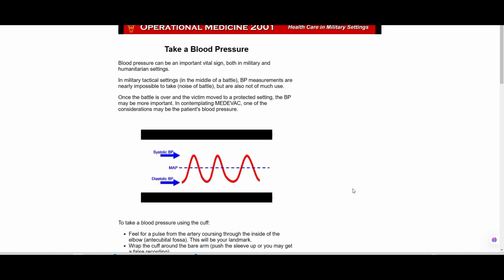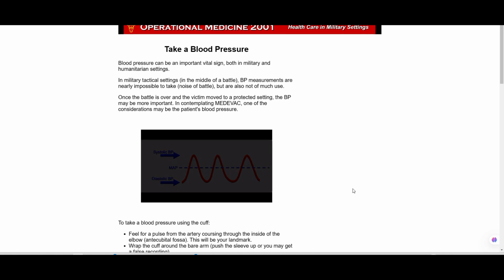Using the oscillatory or listening method, the systolic blood pressure is recorded at the highest point at which two consecutive beats are heard. These are called the Korotkov sounds. Diastolic blood pressure is lowest. It is the pressure against the blood vessels when the heart is relaxed before it begins to contract again.